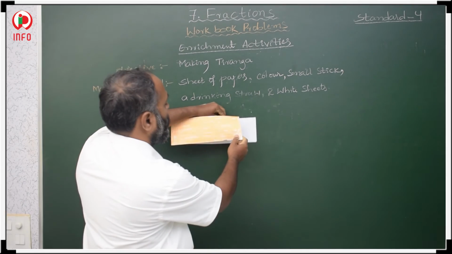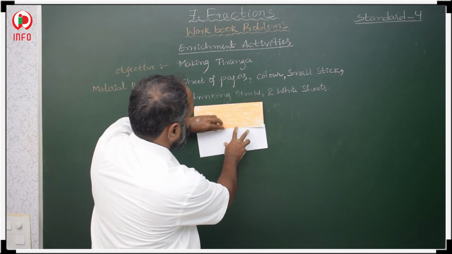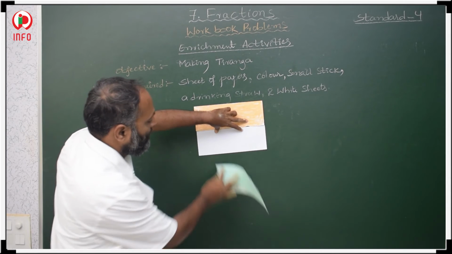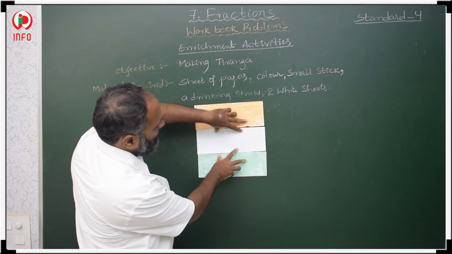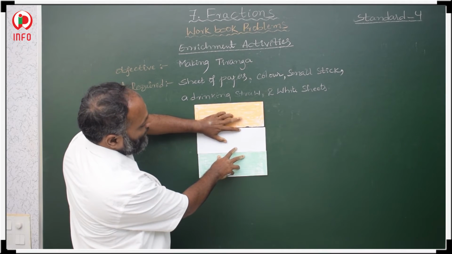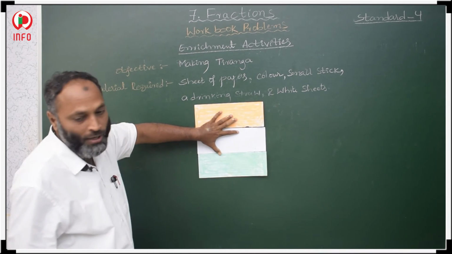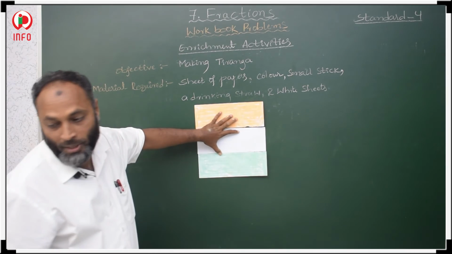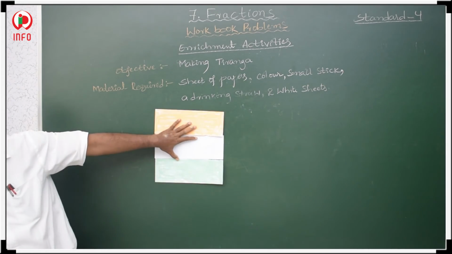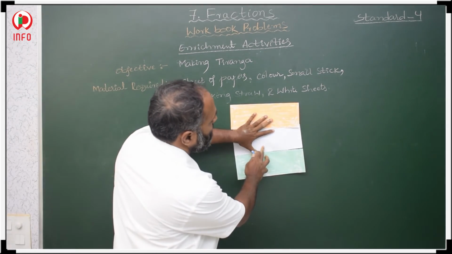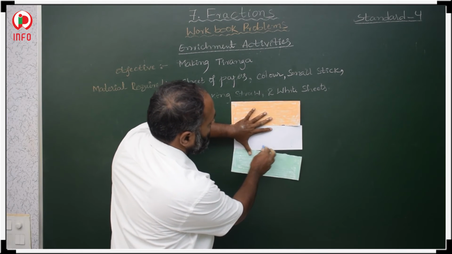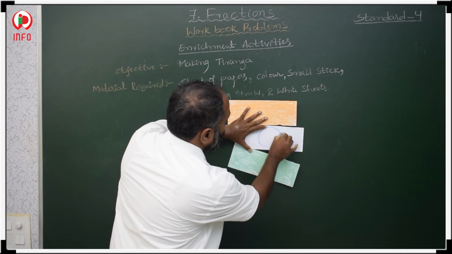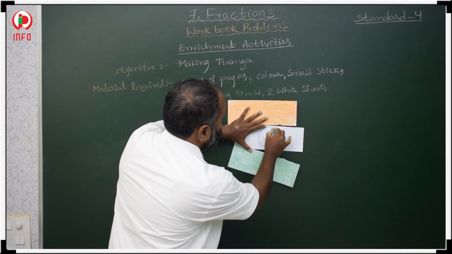Then what do we have to do? We have to keep the first half, and after that paste the white, and after that take the green color, like this: orange, white and green. Then after that, you have to draw the Tiranga. What do we need here? We have to draw one chakra in the middle. Okay.